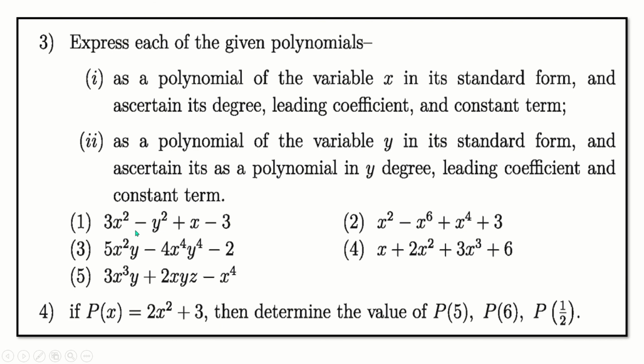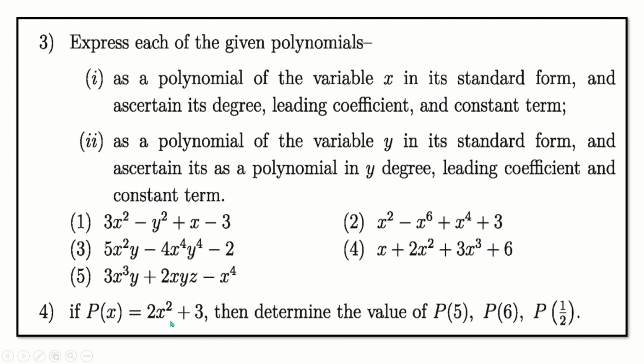And as a polynomial of the variable y, at first you have to write 3x squared plus x minus y squared plus minus 3. Here y squared and 3, in case of y, that is constant. Okay, because here it is mentioned x is a variable, and when y is a variable, then you have to write y first, then x. For the second case, y is the only variable and all others will be constants: 3x squared plus x minus 3, that is a constant. Clear? So everybody will solve.